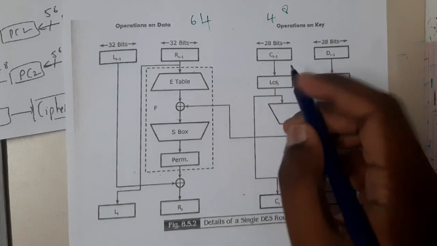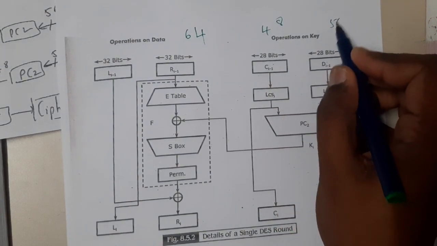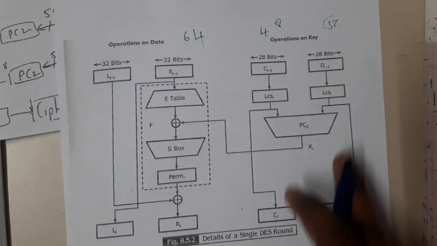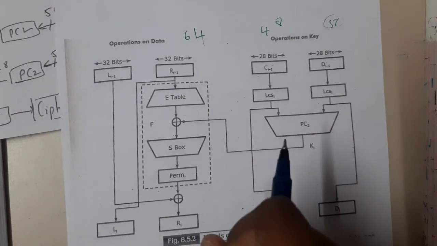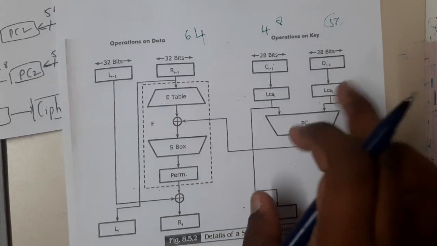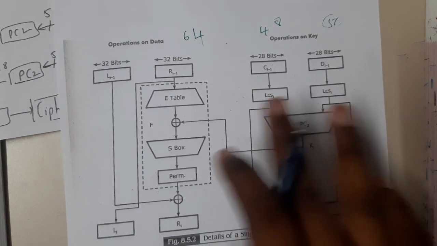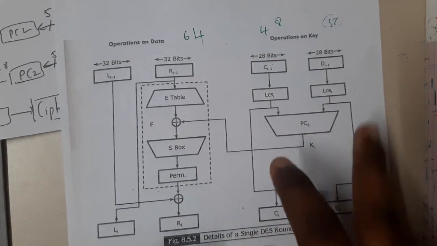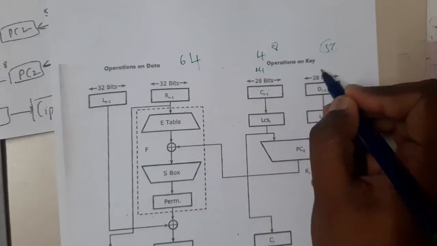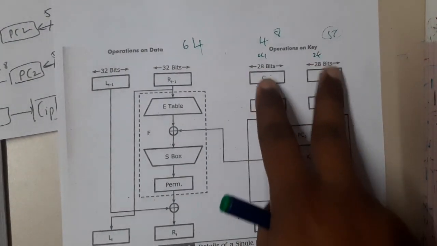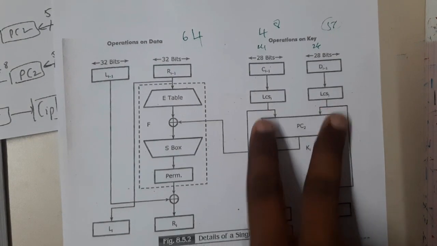Just give me a second. I think here 28 plus 28 should be 56, right? So I think before permutation and combination, this should be there. Just to cross-check once again, because I took this from the textbook only, I think it should be correct. Basically some number of bits will be coming. According to my assumption, it should be 24 bits. So 24 bits will be coming, and again the left shift operation will be done.